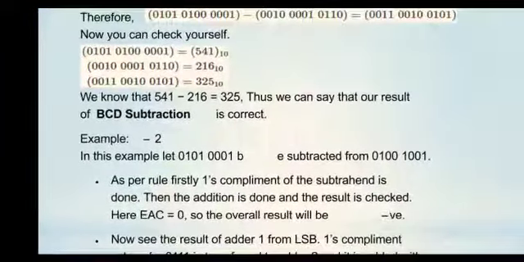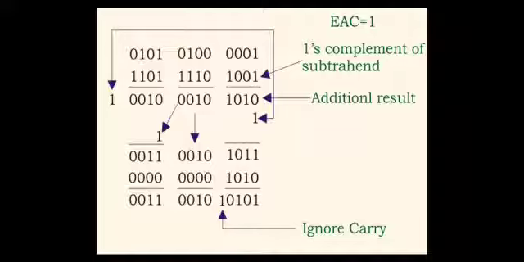Carry 1, 1 plus 0 is 1, 0 plus 0 is 0, and 0 plus 1 is 1, so no carry. Next, 0 plus 0 is 0, 0 plus 1 is 1, and 1 plus